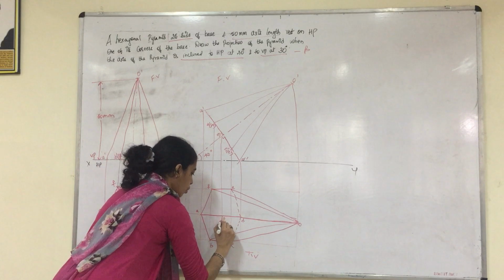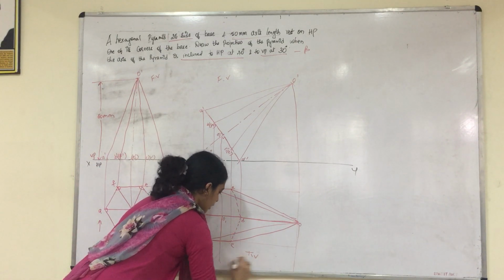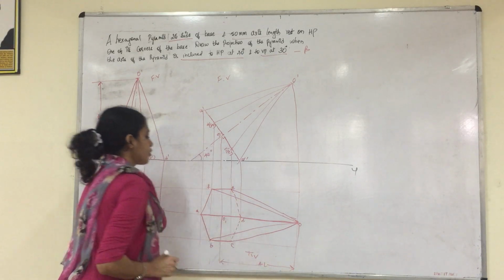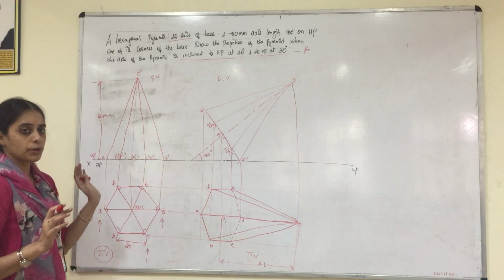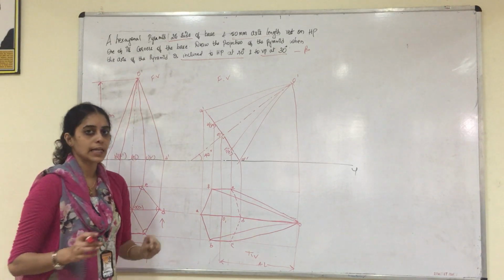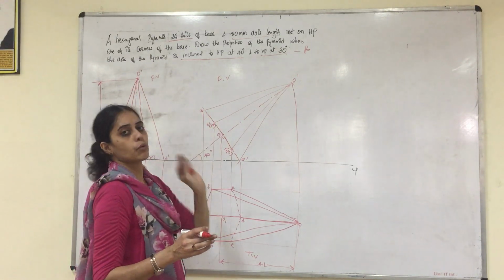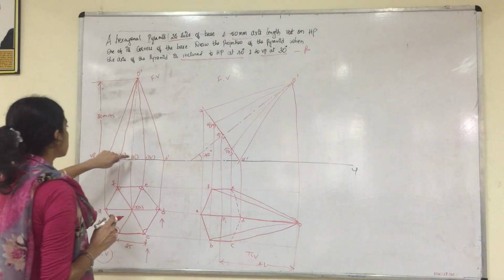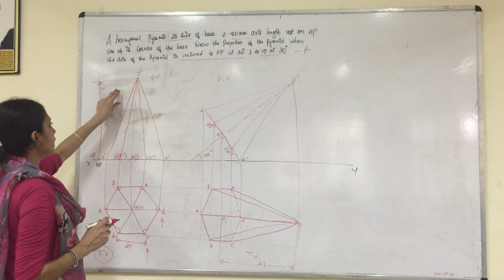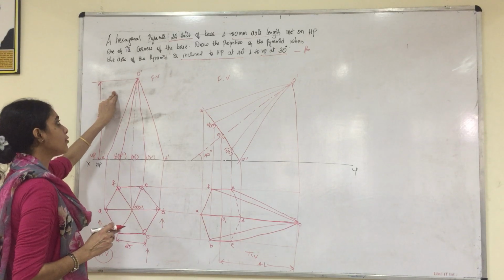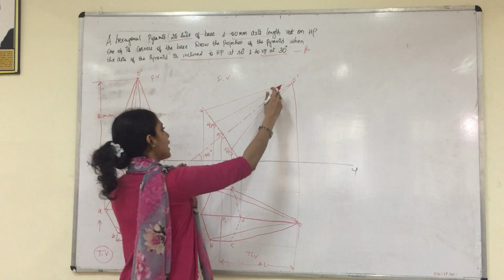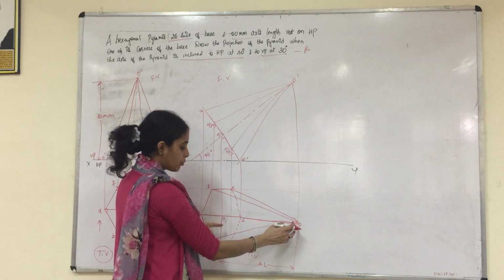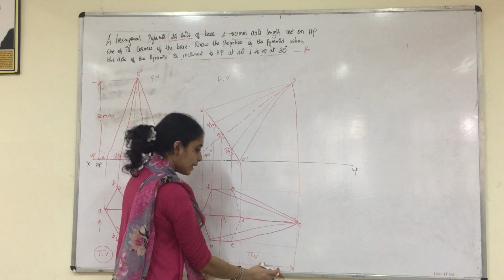So from O1 to O is our apparent length. You can measure and check what the dimension is. I told you already this is a problem on axis inclination directly to VP. So it is an apparent angle problem. Why? In the first stage, the axis distance you will be getting is the true length in case of a front view. But when the axis is inclined to some angle, when you check the axis length over here in top view, you will be just getting the apparent length.